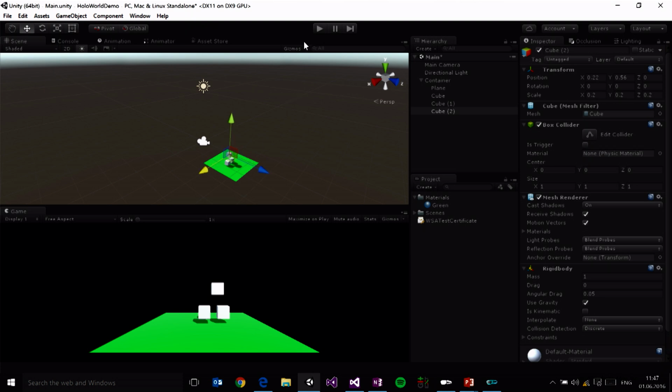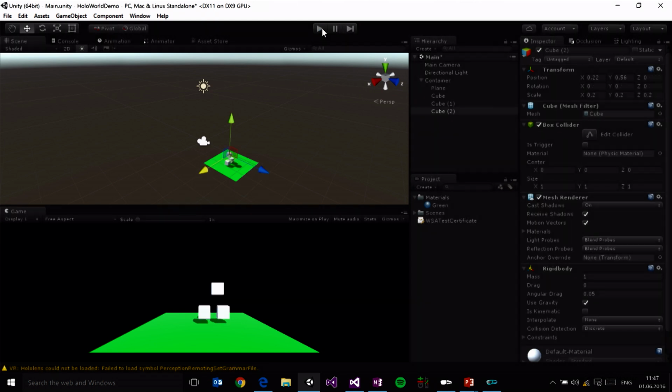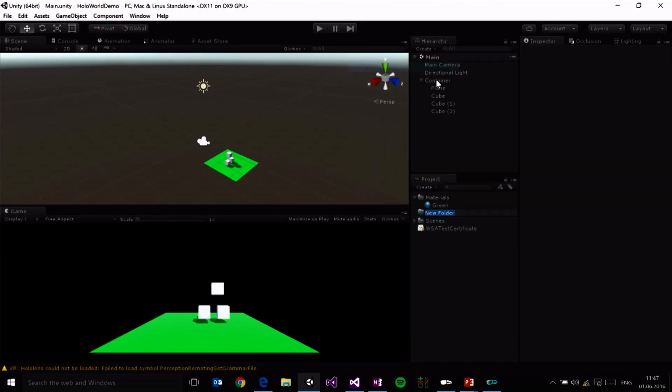OK, let's see if our rigid body physics work. Just pressing the play button to see if everything is nicely hooked up. That looks good. OK, so we have our basic scene set up. Let's add some actual functionality. Let's do some scripts, and I will show you what you need to implement in order to use some HoloLens-specific APIs. And another folder,